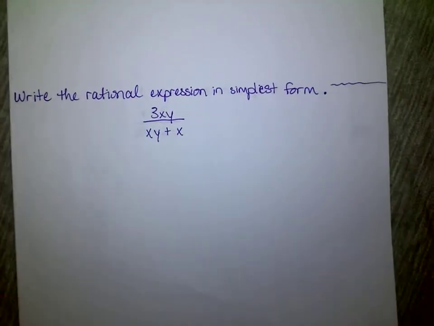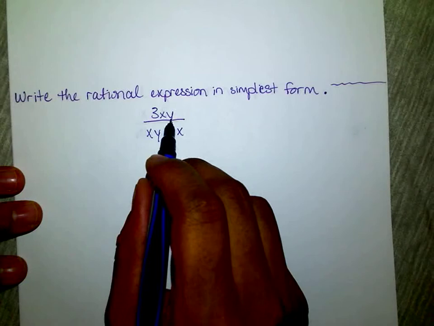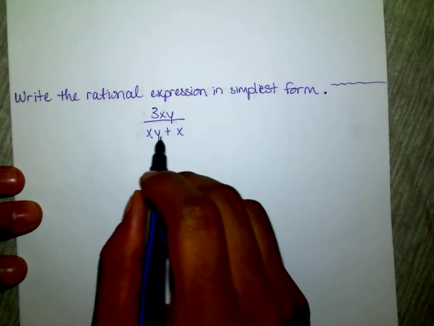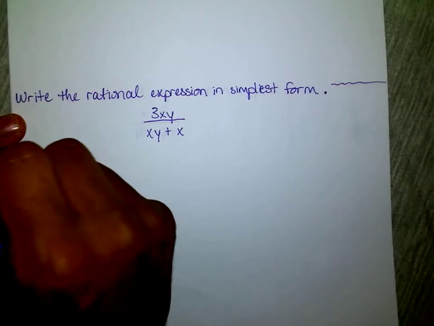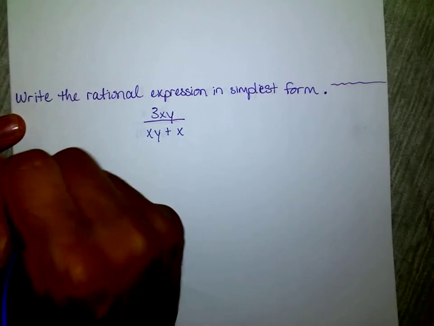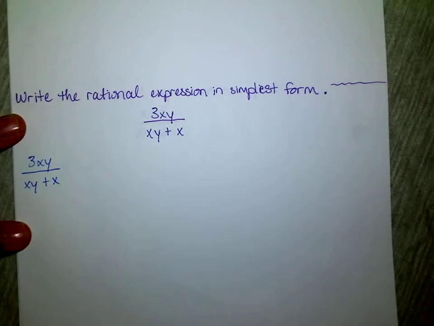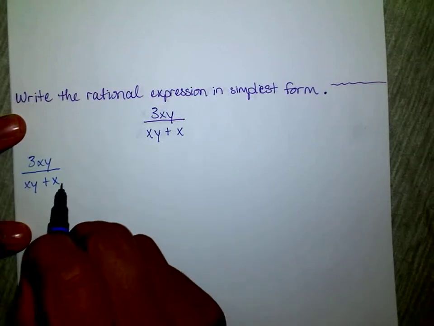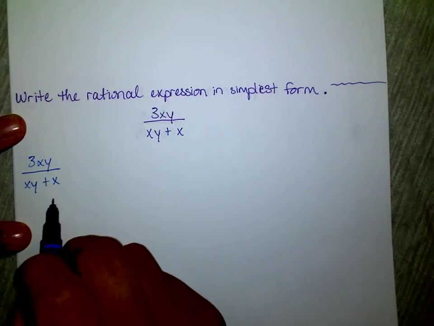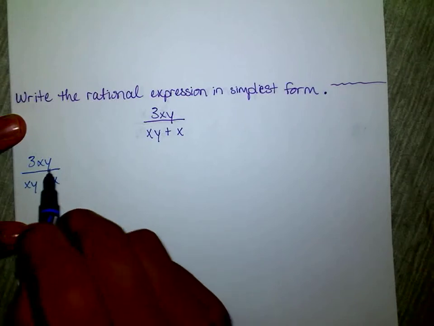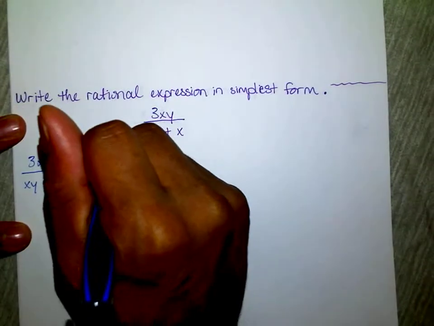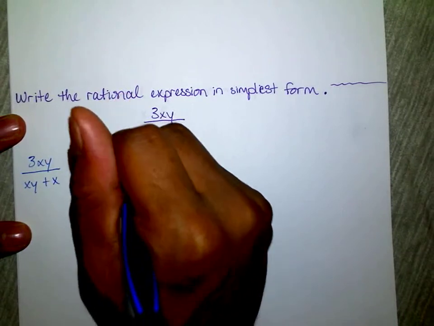Let's continue moving. This one says write the rational expression in simplest form. Once again, we have 3xy over xy plus x. So first thing, rewrite it, 3xy over xy plus x. Now when you're doing these types of problems, you want to find common factors on the top and the bottom. And what's common on the top and the bottom is an x. So I'm going to factor out an x on the top. And if I factor out an x on the top, that's going to leave me with